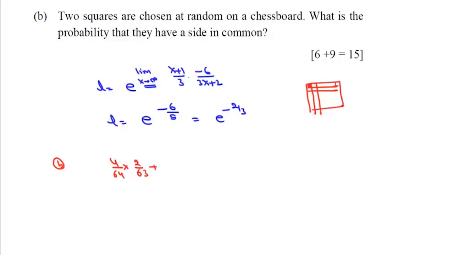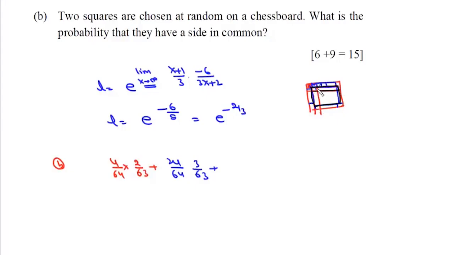Now next we have the squares which are on the edges but other than corner squares. Now we have 6 here. We'll have 6 on this side, 6 on this side and 6 on this other side. So in all there will be 24 such squares. The probability of choosing any one square from these 24 squares is 24 by 64. Now for each of these squares we have 3 neighbors, 1, 2 and 3. So we need to choose any one out of 3, which can be done in 3 by 63 ways, and then plus